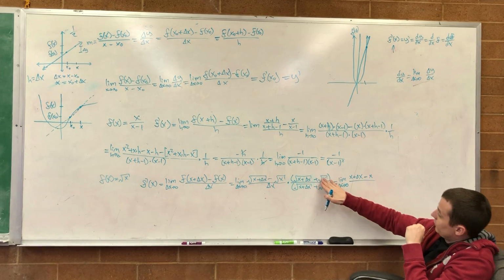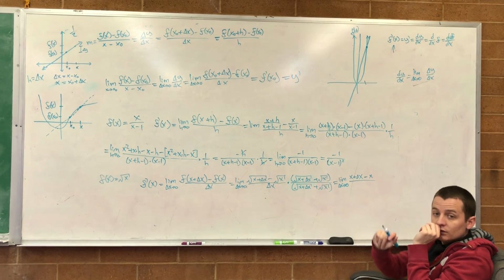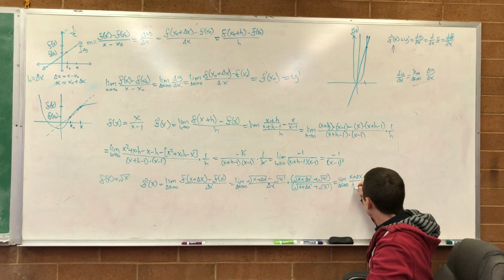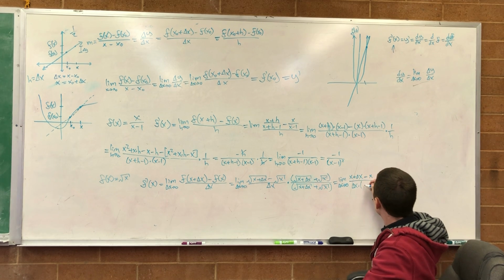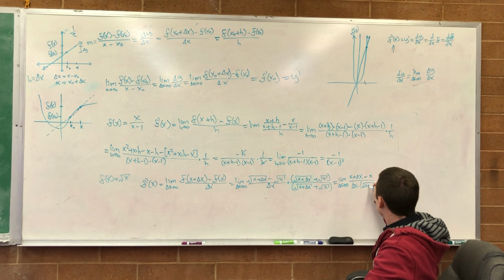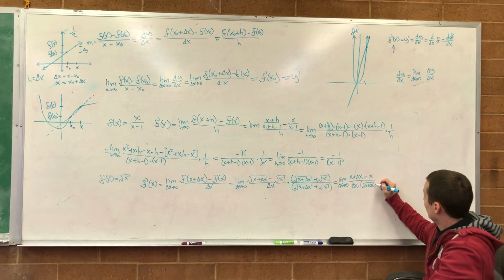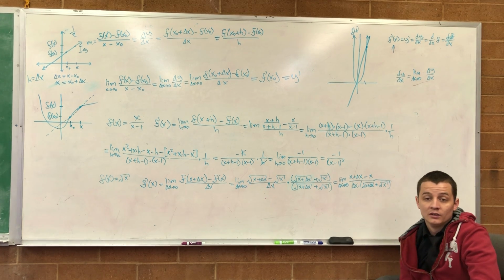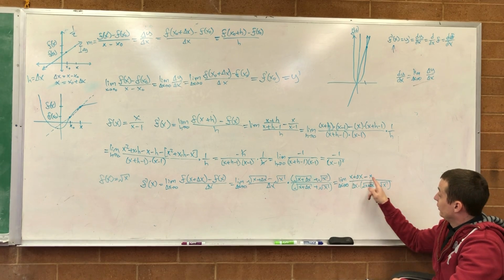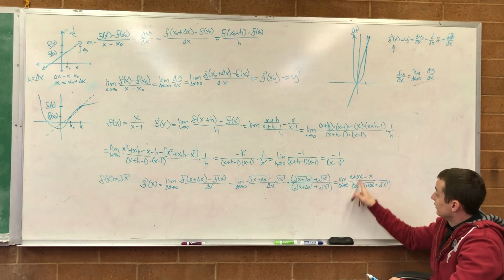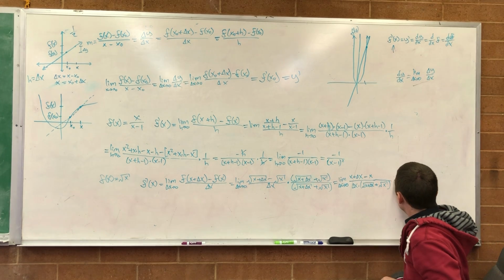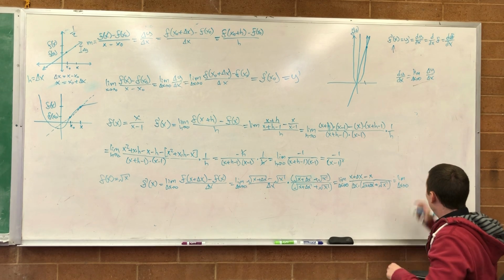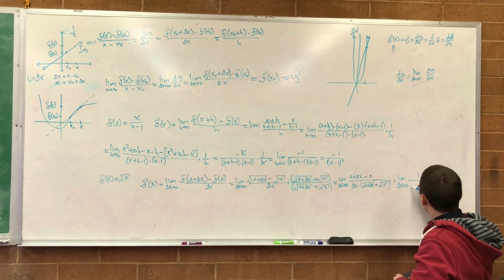No. Negative square root of x times positive square root of x gives me negative x. That makes sense? Okay. And then in our denominator, we still have delta x times the square root of x plus delta x plus the square root of x. Right? Now notice, x goes out with x, and then delta x is canceled. And so this is just equal to the limit as delta x approaches 0 of 1 over square root of